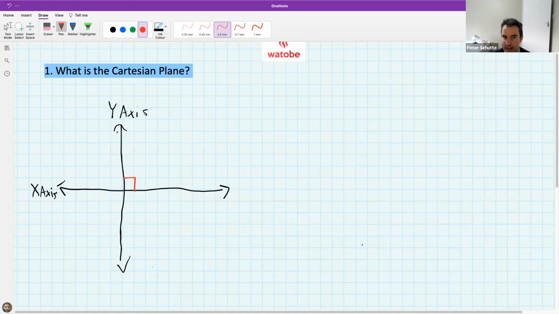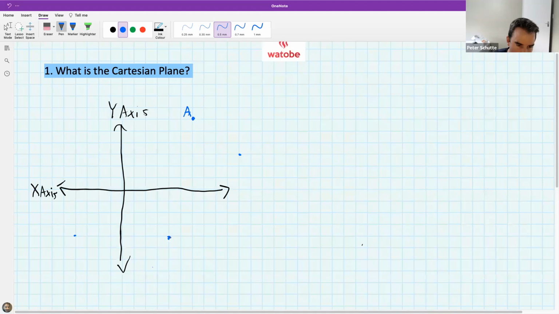Okay, so they're just two number lines. That's why they have the arrows. But they're filled with these things. Let's call this point A. What are these things? What are these dots on the Cartesian plane? Who would like to share with me what these dots are? Am I making a dot-to-dot pattern, or if I put one here and say I put one here? What are these dotty things that I'm adding to the